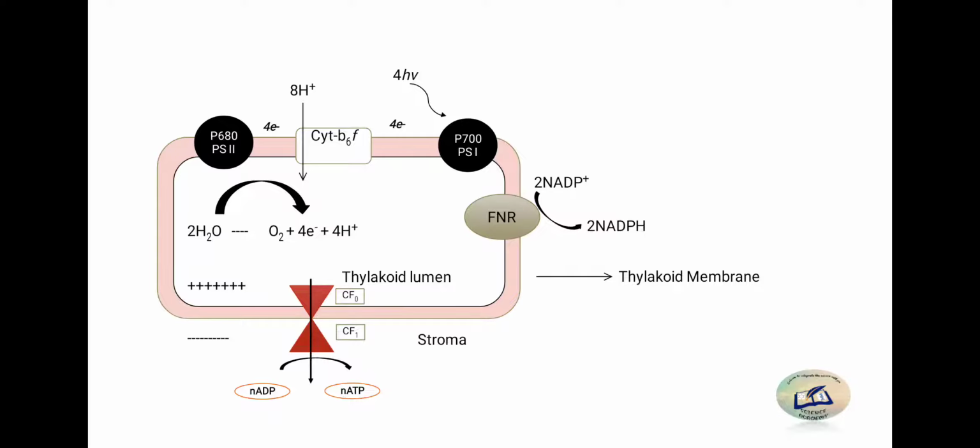Now what happens to the protons? The protons are only left inside. While talking about 1 molecule, 2 protons will be there. Whatever the number, the protons stay inside as H plus ions. The cytochrome B6F complex also pumps in H plus ions. So now we have a total surplus production of H plus inside the lumen.